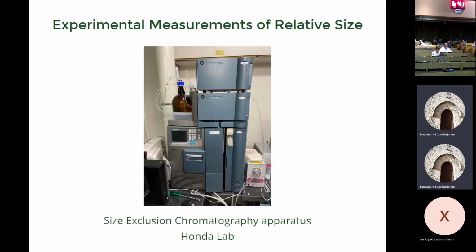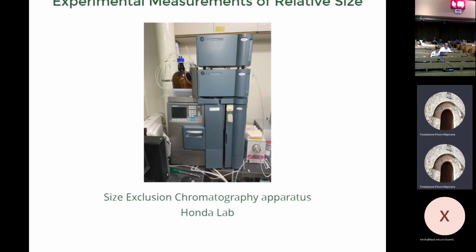a laptop. Now, okay, so let's compare to experimental data. So this is in the Honda lab in Tokyo. This is a size exclusion chromatography apparatus. Basically, you have some tube in here, and then you take your polymer in solution, you run it through this tube that has a lot of tiny little beads, and then depending on how big these things are, it kind of separates. I forget. I think smaller things move slower, and bigger things move faster. I think, but maybe it's the other way around. Anyway, if you run it through enough times, you can sort of separate different sizes.